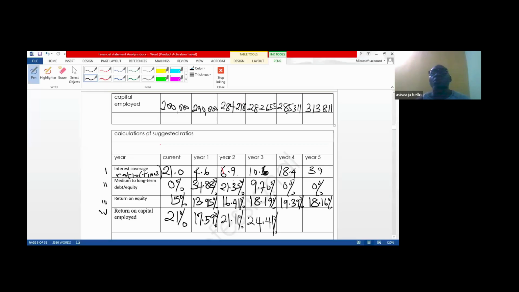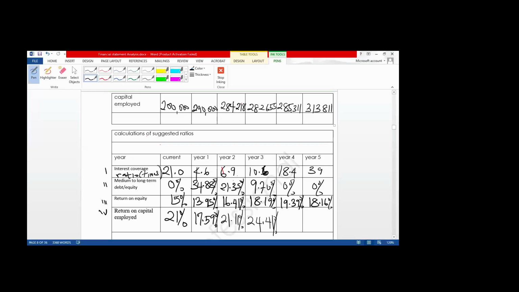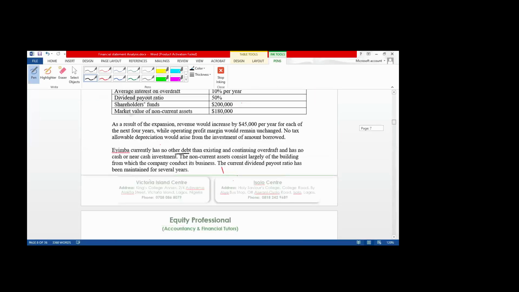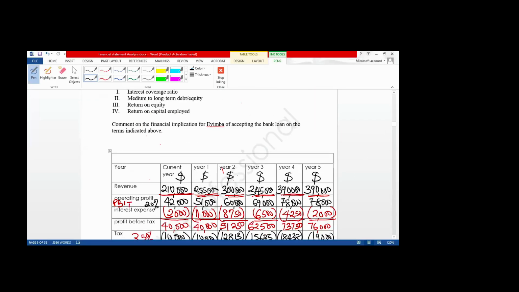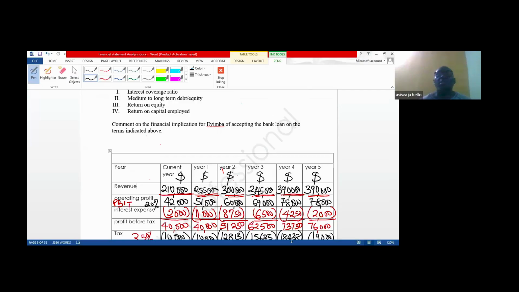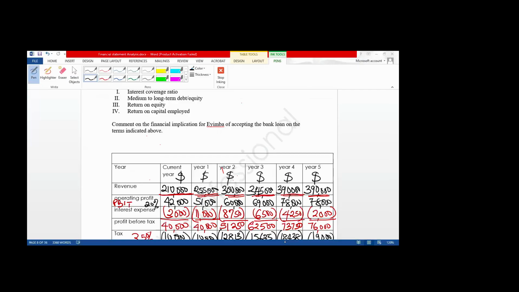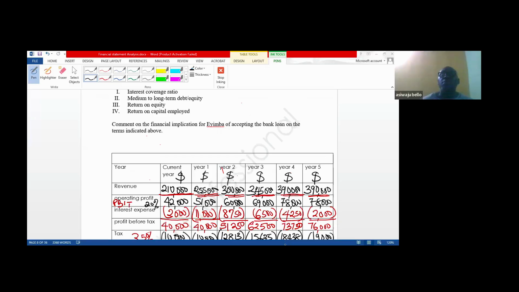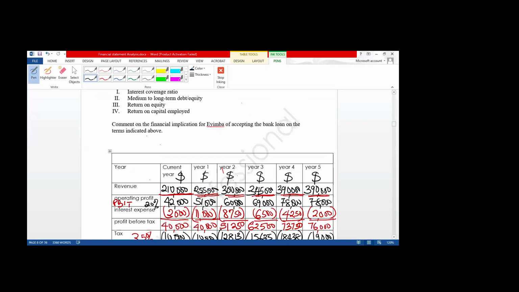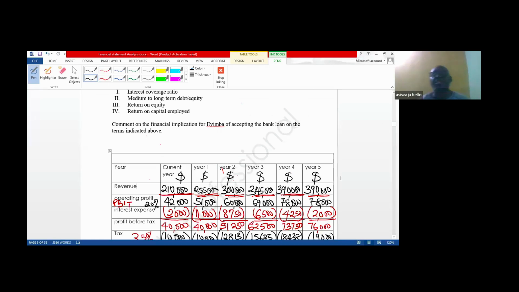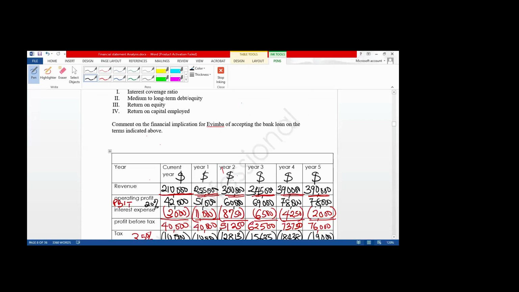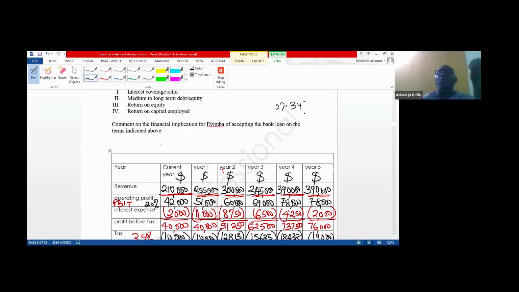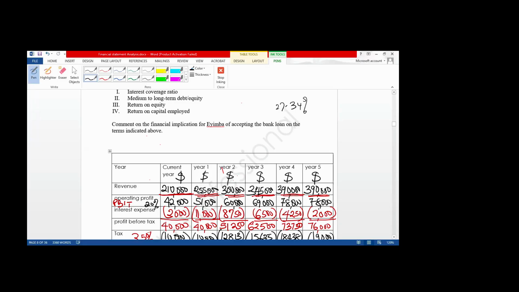Year 4: 78,000 divided by 285,311. That is 27.34%. For the final year,